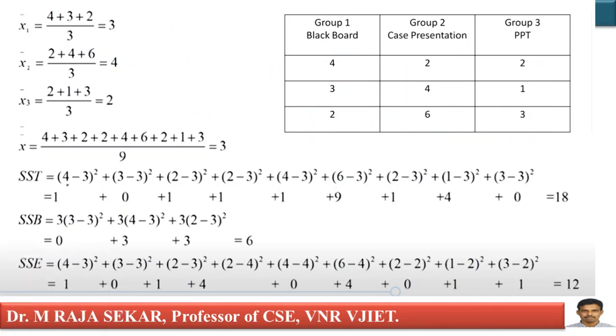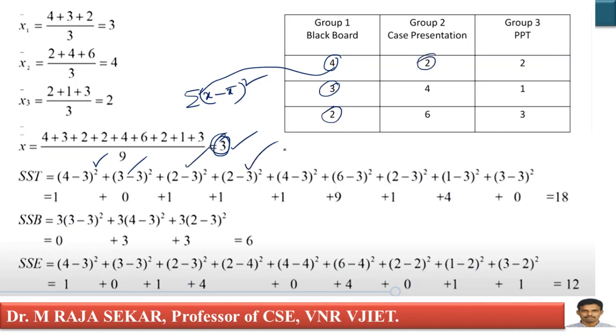It's simple and straightforward. Just see, what is the element? 4 minus 3 whole square. That's what it says: sigma (x minus x bar) whole square. This is x. What is x bar? 3. Again 3 minus 3 whole square. 2 minus 3 whole square. 2 minus 3 whole square. 4 minus 3 whole square. 6 minus 3 whole square. 2 minus 3 whole square. 1 minus 3 whole square. 3 minus 3. I am subtracting this overall mean from each element of these groups, and after subtracting,